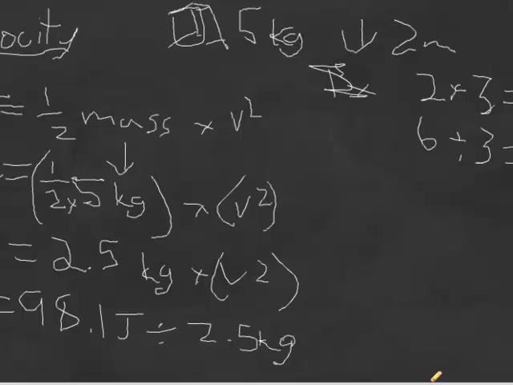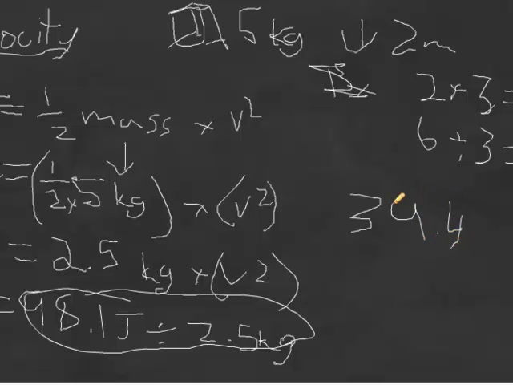So now all we really have to do is divide this, right? 98.1 divided by 2.5. I don't think I did that right. 98.1 divided by 2.5 is 39.4, if I am correct. Yes, 39.4. So this big confusing problem here is equal to